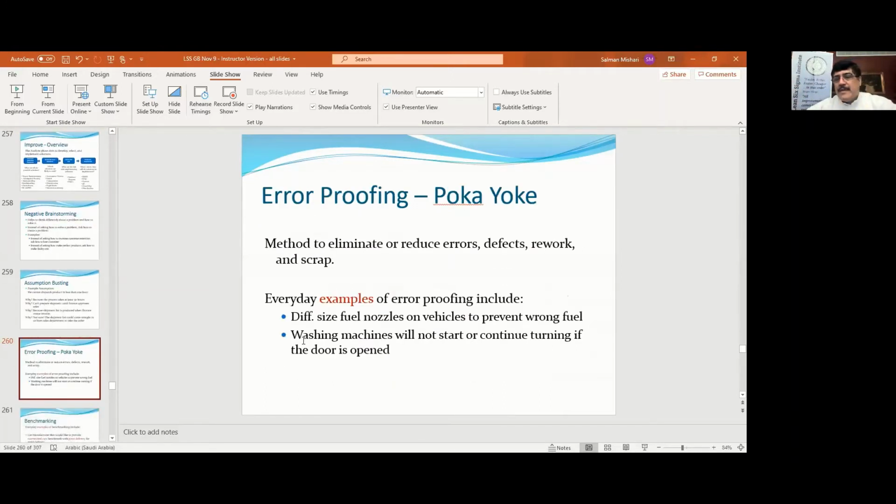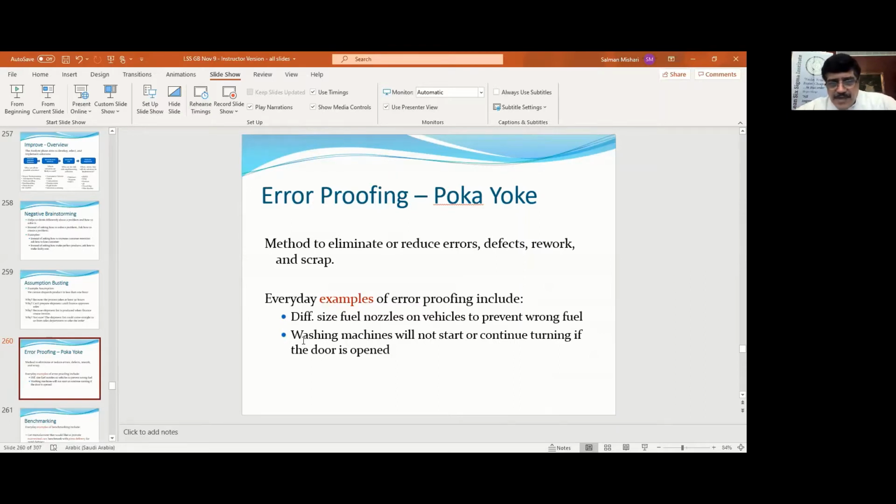Another, yes. I have a question. Is the assumption busting related to the 5 whys method? In a way, yes, it's the same concept, but that one is for finding the root cause of a problem. This one, you're trying to find the rationale for somebody doing something, but it's the same concept. Okay, so another method is